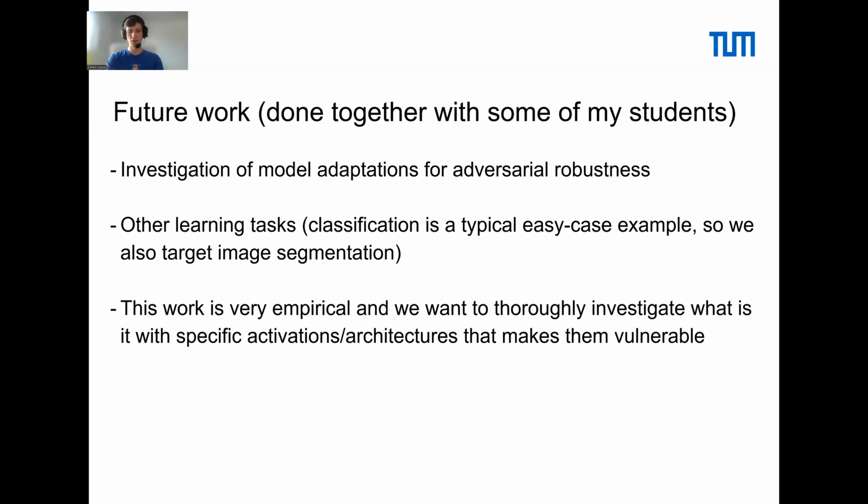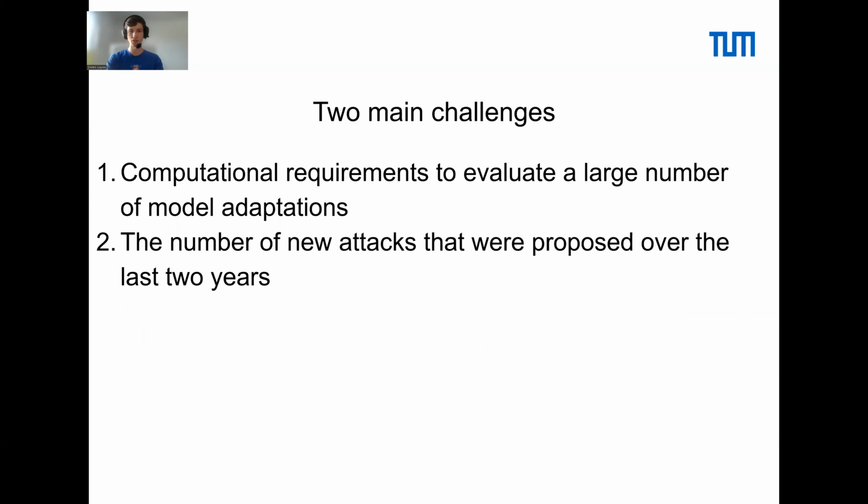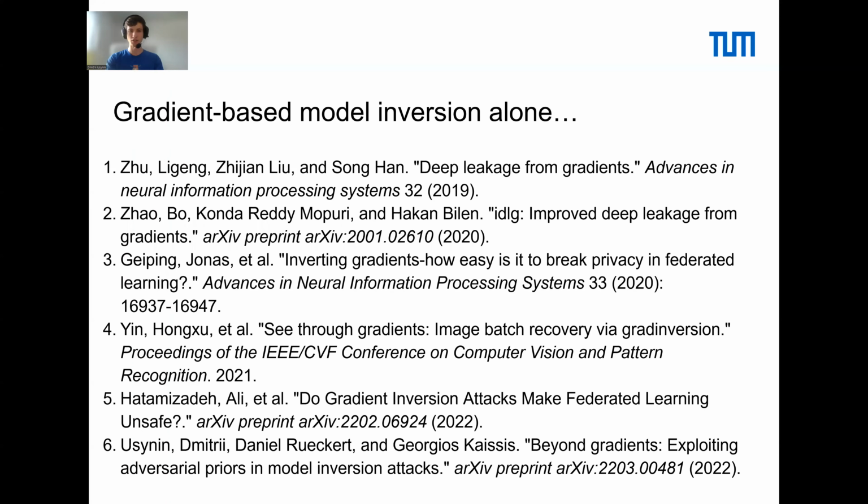The future work that we are currently investigating is, can we obtain a very similar study on model poisoning and backdoor attacks? And the TLDR is yes, we can, but again, there are complications when it comes to assessing what exactly contributes to a better or worse attack, which are the 2 main challenges associated with this work, because there are simply too many adaptations for us to consider, and the number of attacks proposed over the last 2 years is extreme. These are just the different variations of DOG, some of which are actually able to mitigate our model adaptation defenses, particularly the final 3.